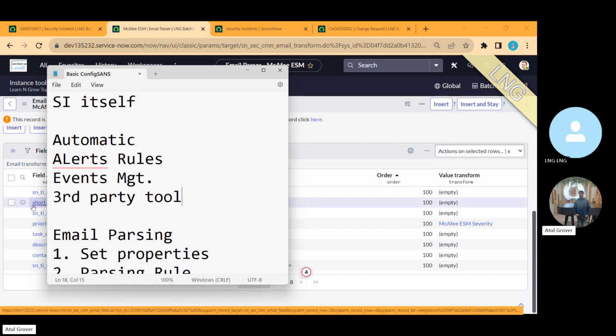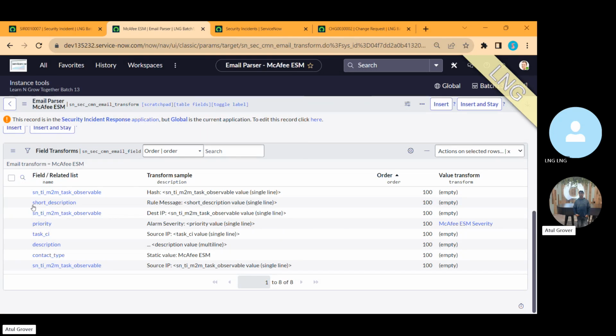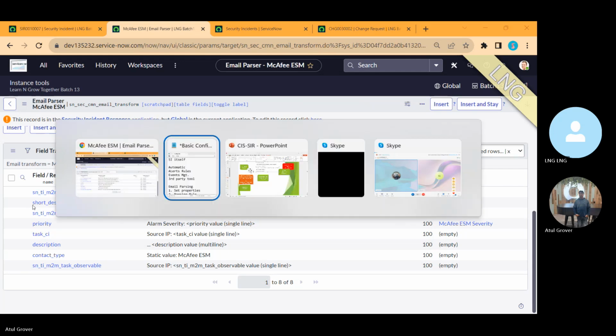Email parsing is the most commonly used in our companies. I receive an email that is a phishing one, and I forward that phishing email to one of the given email IDs. And in the background, all these things work together. They have the matching rule, they have the parsing rule, and then at last the transformation part. Now, if I want to see on a broader level how this email parsing works,